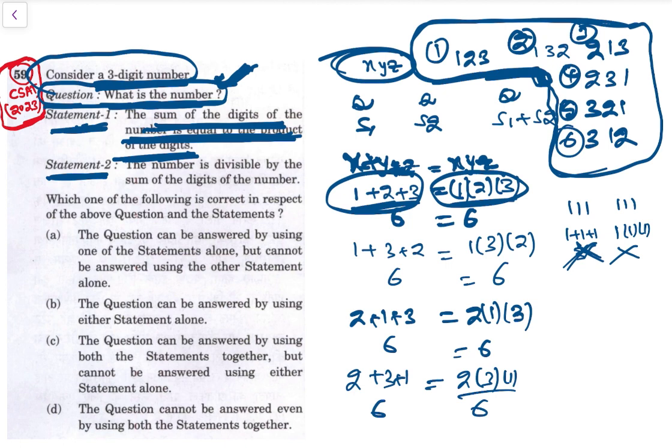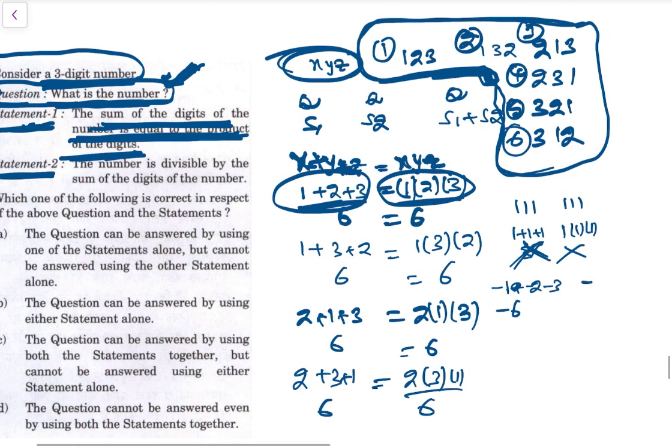A 3 digit number can be -1 plus -2 plus -3, which is -6, and -1 into -2 into -3, which is also -6, so this is possible too. Another 3 digit number can be